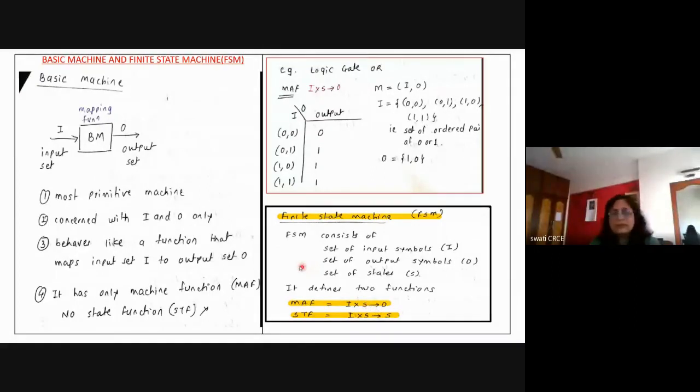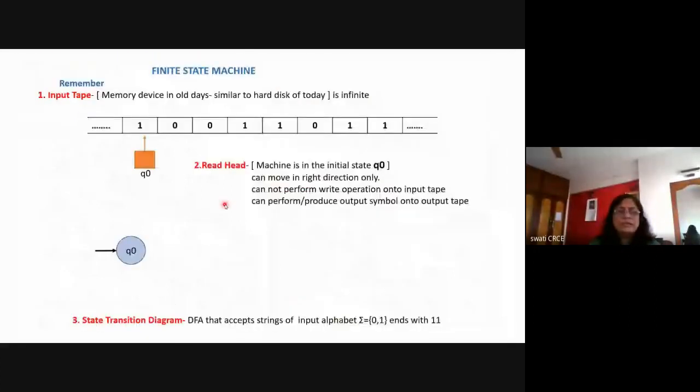Then what you have to remember always with the machine is that there is an input tape which is infinite where you can store your string. For the problem of divisibility by 3 tester, you are storing your number such as 369 on the input tape, and the machine is going to read the number. It will read first the symbol 3, then 6, then 9, and it is going to tell you whether the number is divisible by 3 or not. For 369 it will generate the output as y because 3 is divisible, 36 is divisible, and 369 is divisible.